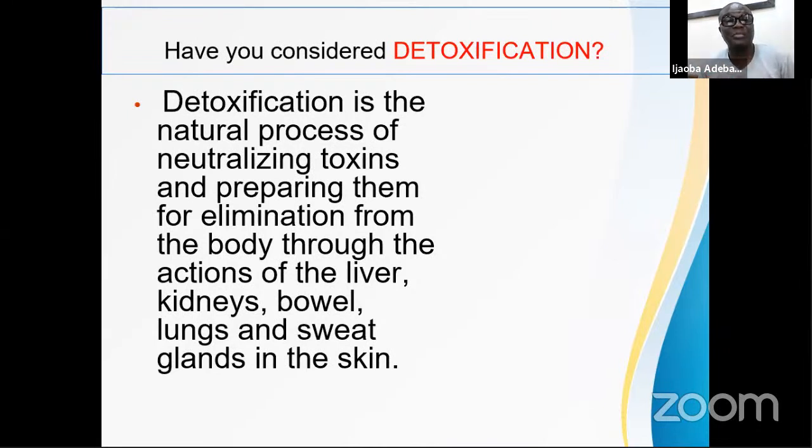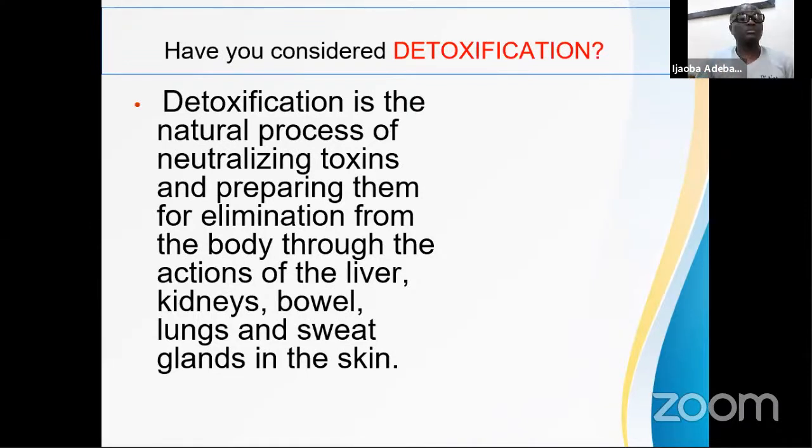Your kidney does the same thing. The bowel does the same thing. Your lungs, your sweat gland on your skin does the same thing. So all of these organs mentioned thus far need to be properly taken care of. The liver shouldn't be sluggish. I will come to that, because as we are aging, our liver becomes sluggish. By implication, our rate of metabolism has gone down. So all we need to do is to pep it up with our activity and with the right supplementation. So kidney too start having issue.